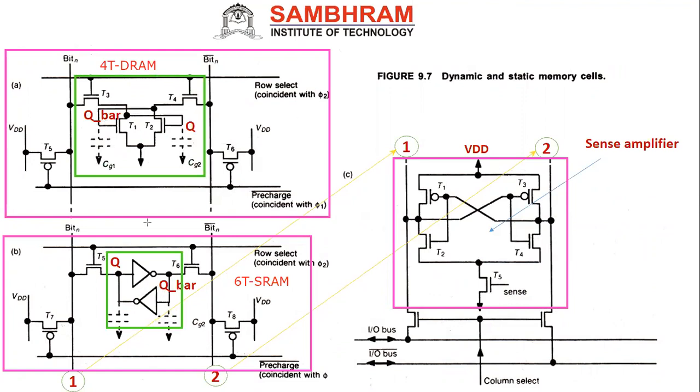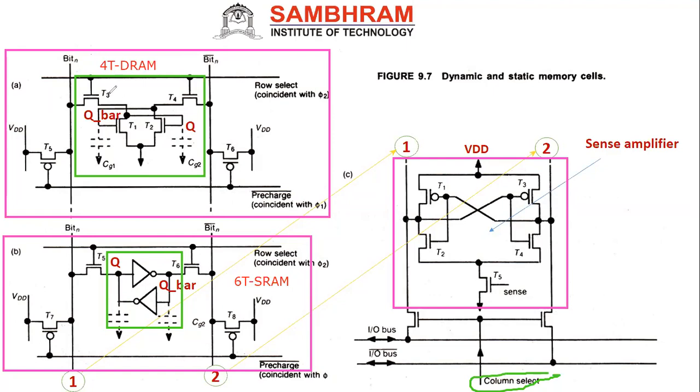Okay. Now we can see here. First, let us see here. Totally here we are showing the transistors T1, T2, T3, T4. First, let us see the external transistors. You can see these lines are row select. You can remember the previous beginning diagram. Yes, these are all row select. Then this is the y-axis, this is column select. The row select will select the row cell. The column select will tell which column cell will be active.